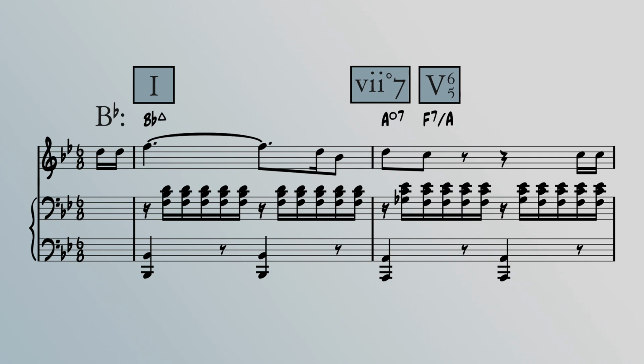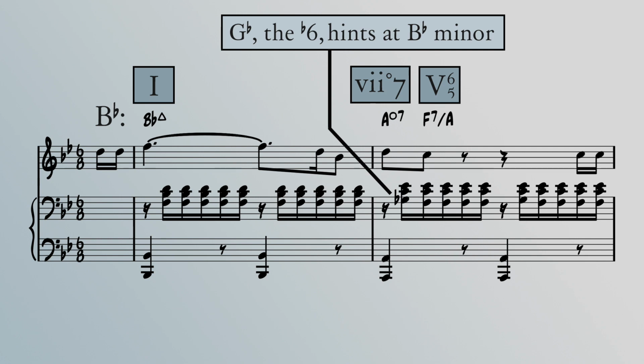scale degree of B flat major, which hints a bit towards the B flat minor sound, which could be a chromatic mediant key relation to G minor. So even though we're not fully hearing that relationship, it's slightly, just ever so slightly, hinted at. Of course, whether or not Schubert had this relationship in mind at the time is unknown to me, but considering this is an early composition of his, and he demonstrates frequent use of distant modulations in many of his compositions,